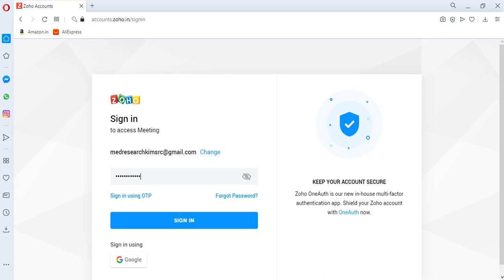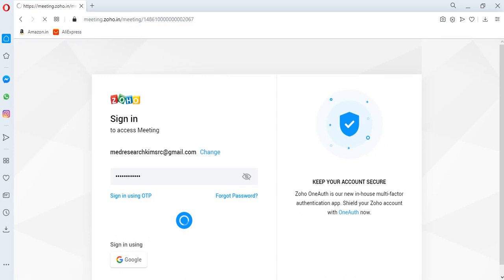Once you press this sign in option, an OTP is required. When you try to log in, the OTP will be sent to the registered mobile number and that will be posted in our KIMS group or faculties group WhatsApp. From that you have to copy the OTP and enter it. For this login, I have disabled the OTP option and I am going to log in without entering the OTP for the time being. But for every login by the faculty, OTP is a mandatory option. Now I am going to click the sign in option after entering the password.